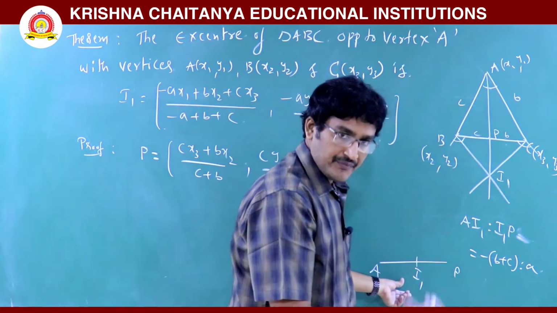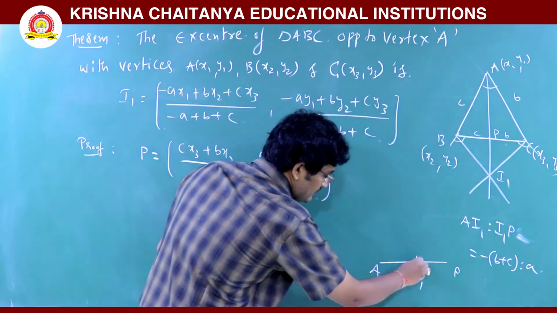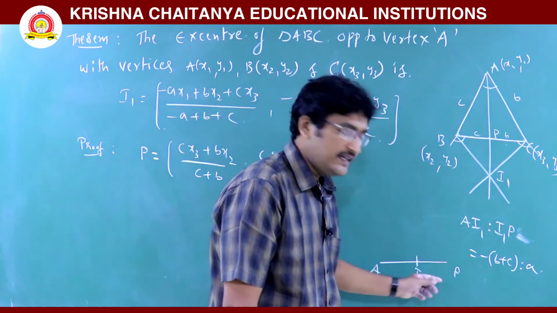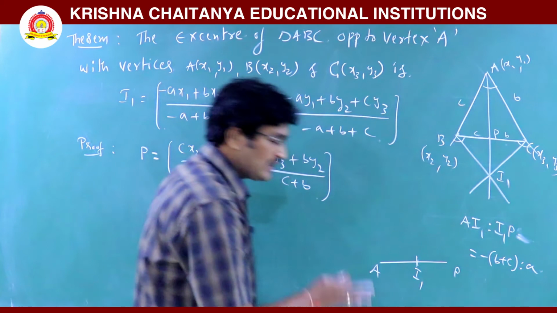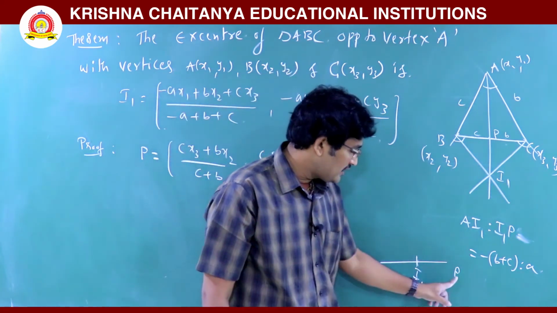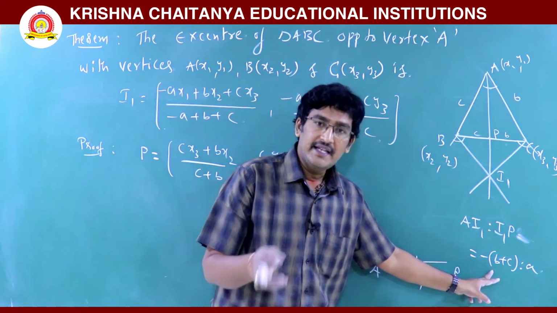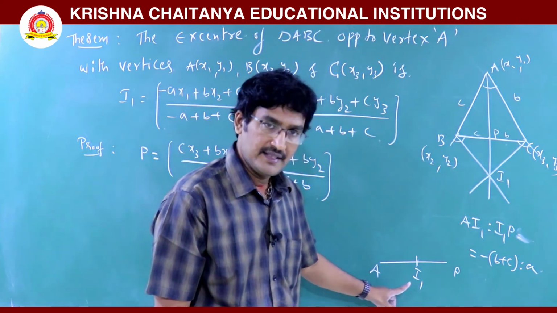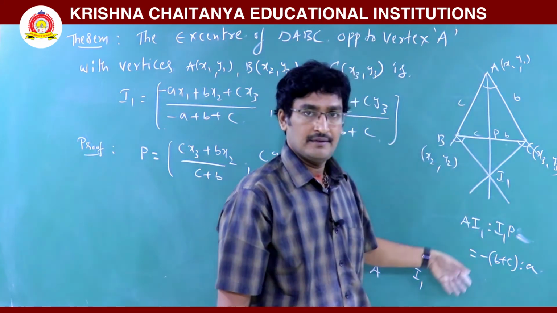For the easy purpose, I have to take I1 between these two, but actually it is not located between A and P. To apply the formula easily, I am taking it here. Because this I1 divides AP bar in the ratio B plus C is to A externally, we have to use the external formula here, but it's a rough diagram, it's not the actual figure. I1 is located outside of AP on this line.